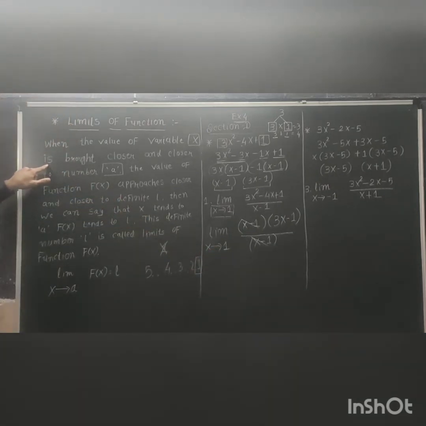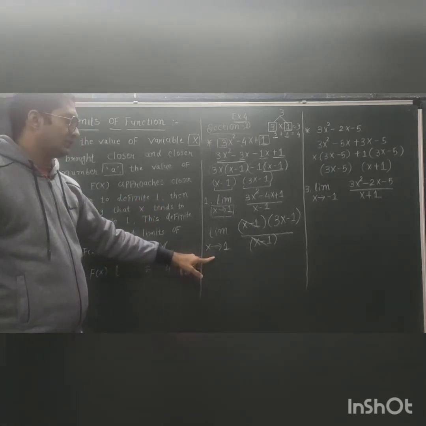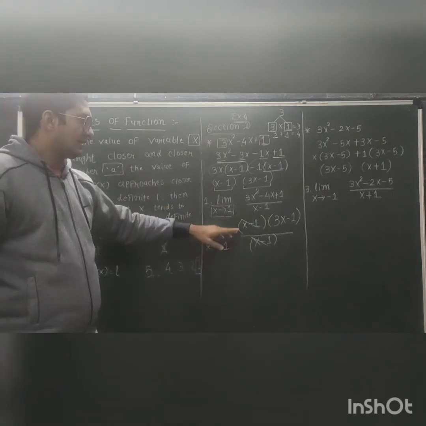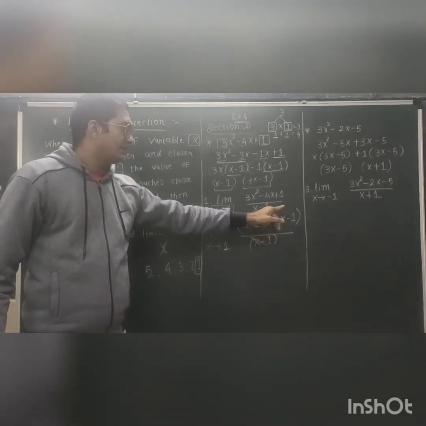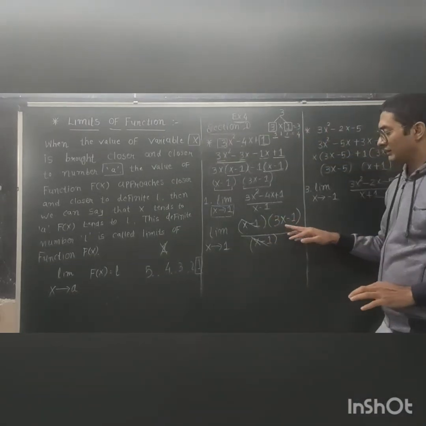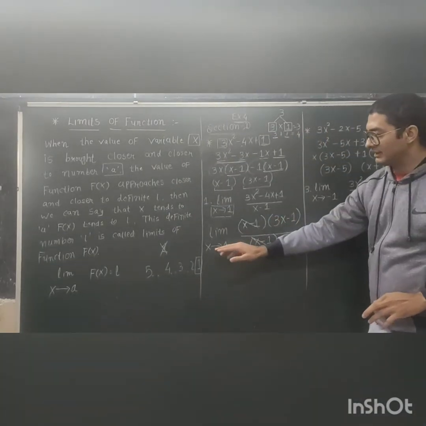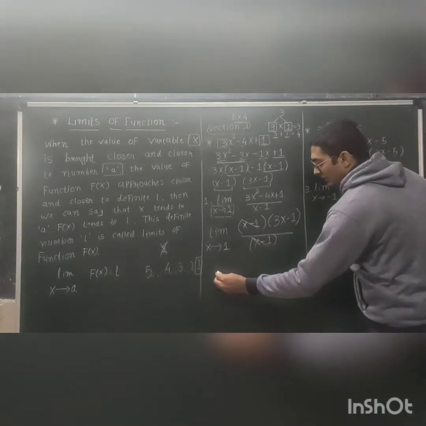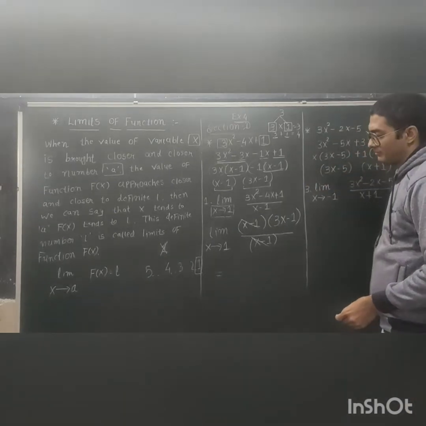Okay, as I have explained, the variable x is brought closer and closer to number a, then x tends to a. So here x tends to 1. And now our task is to put the value 1 instead of x. So when I am putting the value of the limit, here the sign of equals to